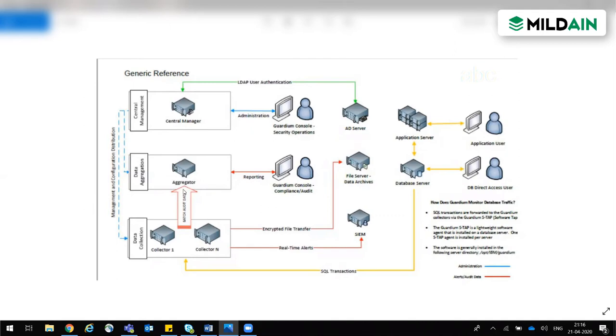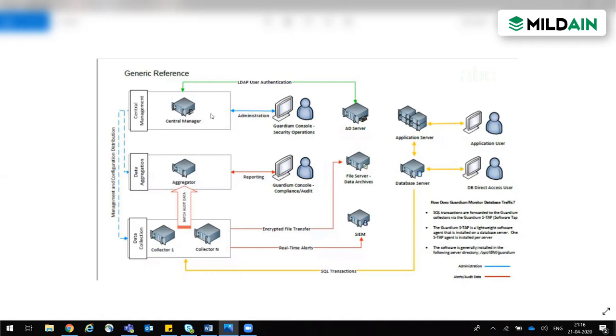If the environment is small, then you can have only collectors and the central manager. But if your environment is big, an enterprise environment, then definitely you need the aggregators, because if the environment is small, you have hardly 4 or 5 collectors.